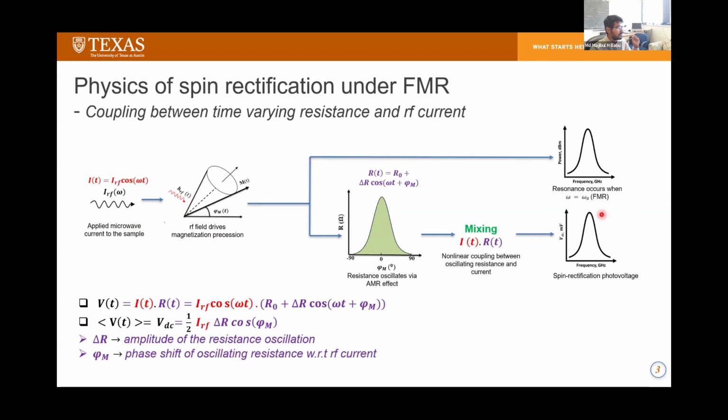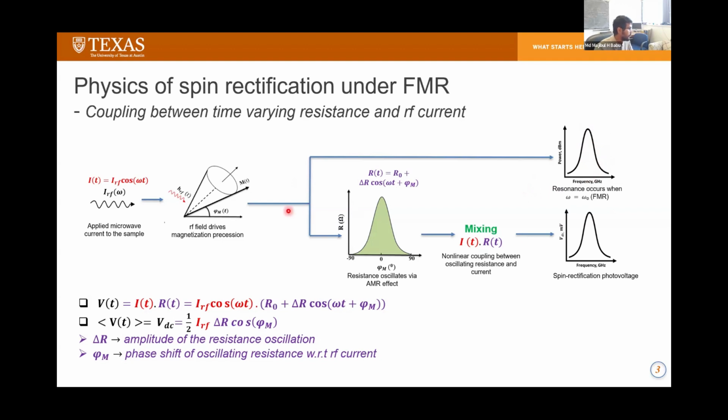First, the system reaches the FMR condition when the frequency of the RF magnetic field matches the natural precession frequency of the magnetization. At this resonance condition, the precession amplitude of the magnetization becomes maximum,